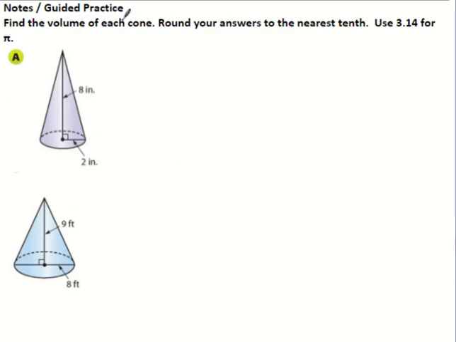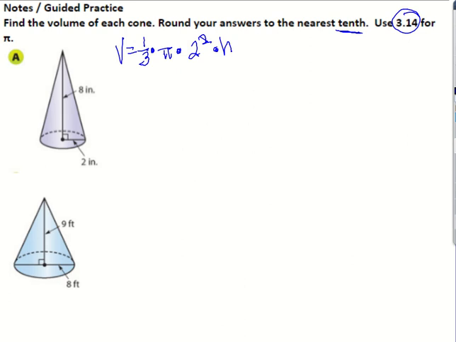All right, so we're going to find the volume of each cone. We're going to round our answer to the nearest tenth, and we're going to use 3.14 as pi. So I'm going to set it up. I'm going to go volume equals 1/3 times pi, I'm not going to fill it in yet, times 2 squared, because it did give me the radius, see, half of it, times h. I don't know why I wrote h, I meant 8. So I'm going to go 1/3 times pi, I'm going to leave it alone, times 4 times 8,